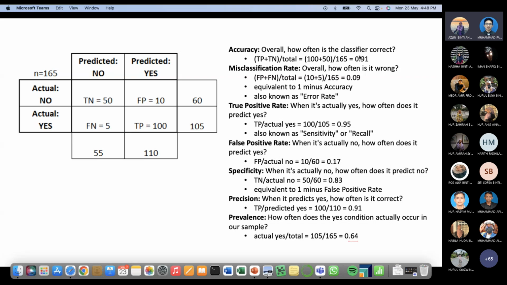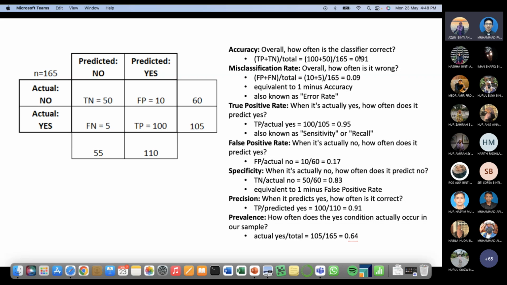And we have another one, false positive rate. Dia kata apa? When it's actually no, how often does it predict as yes. So kita akan ambil false positive, actual no tapi predicted yes. Okay, 10 bahagikan dengan 60 sebab total number of no. Dia sepatutnya no tapi kita predict sebagai yes. So dia adalah 0.17,